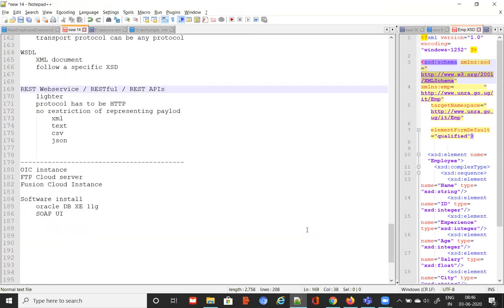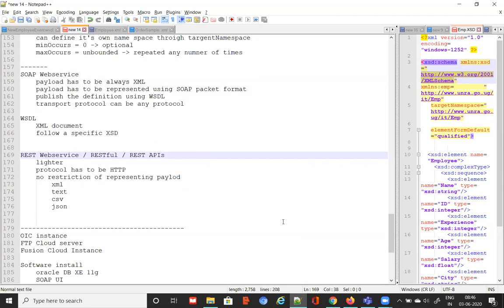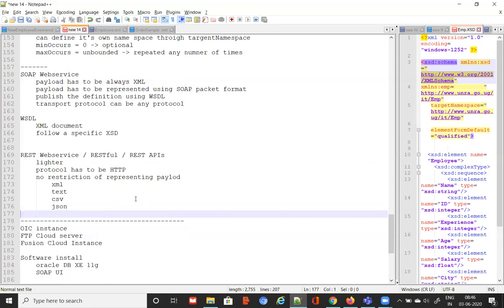VBCS actually follows that kind of architecture. When generating this payload for the REST API, we can define whether the output of this payload should be XML, or whether the output of these REST services should be CSV or not. We can define that, right? Yes. But will you be showing how we can differentiate XML and CSV while generating the REST services?